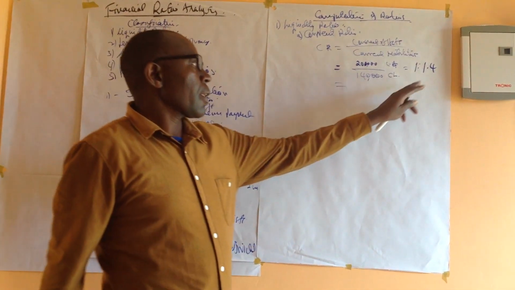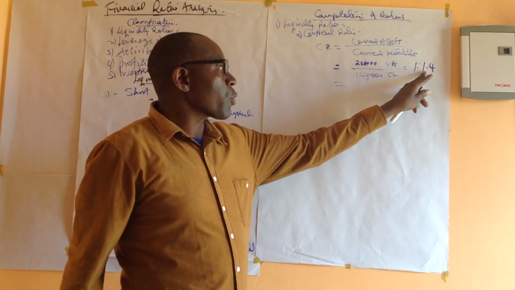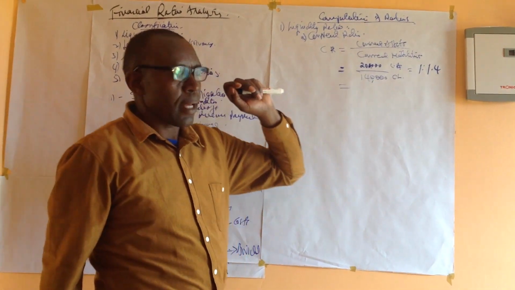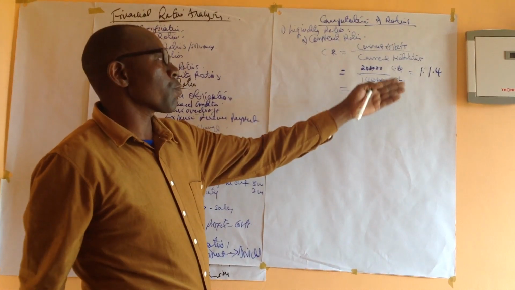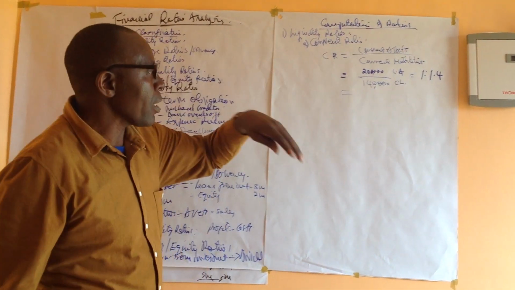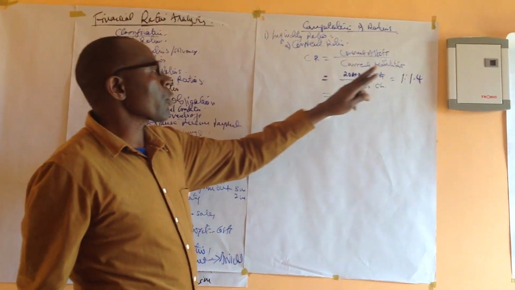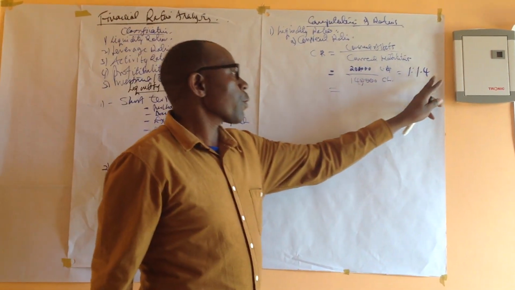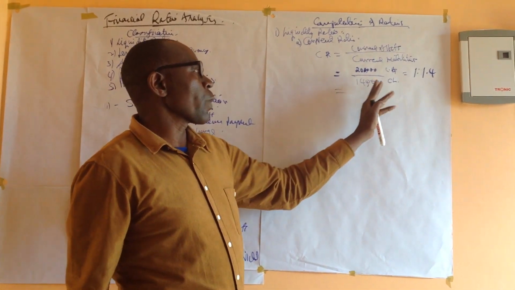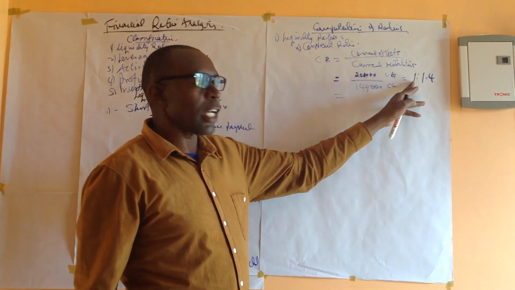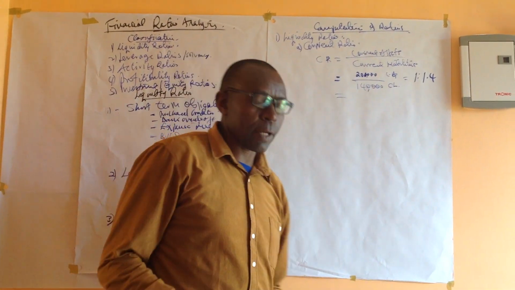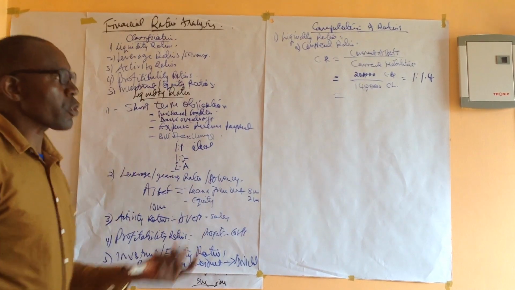So meaning there are more. We are able to pay that liability with 0.4 of the assets there. So it's not actually the ideal which you said should be 1:2, but it's nearer to the ideal ratio. The 1 represents the liability, and 1.4 represents the assets. So we shall always start with the liability. For every liability, how many of the assets are there? That's how we present our ratios,